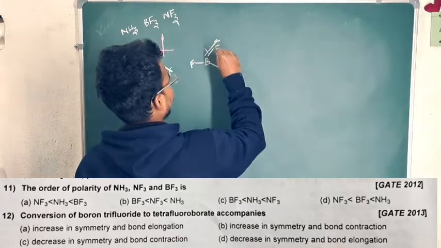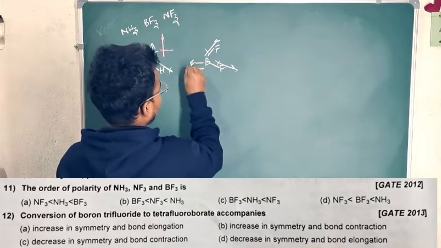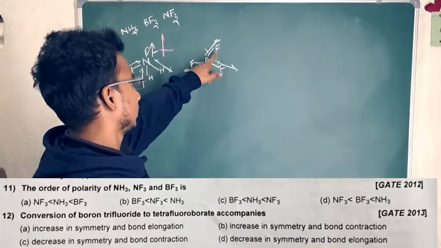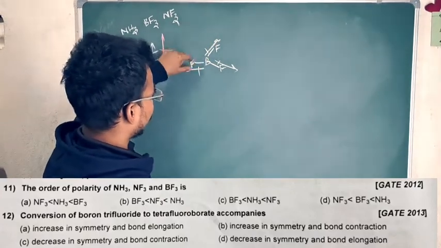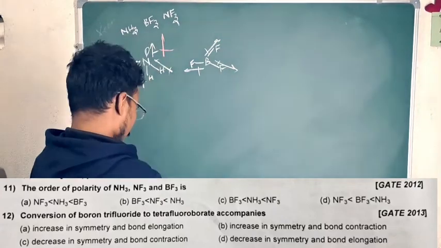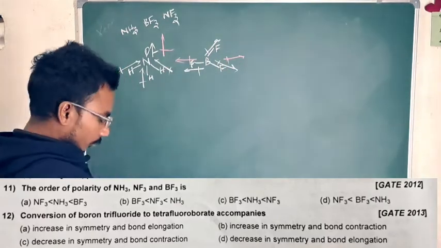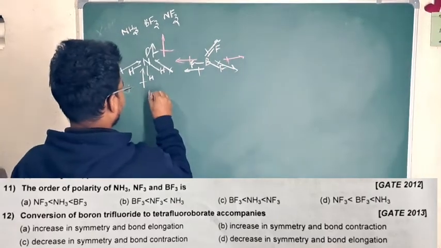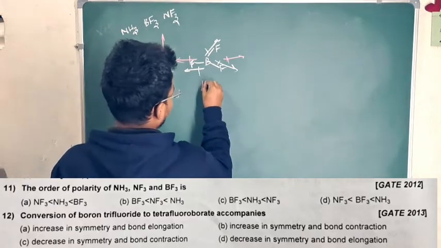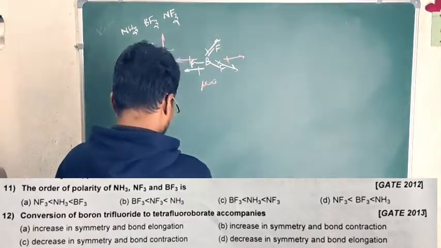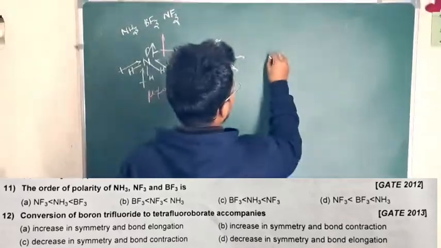It will pull like this. All 3 BF bonds are the same, and these 2 resultants cancel this one. So here mu is not equal to 0, but here mu equals 0, so it will be the least. And NF3,